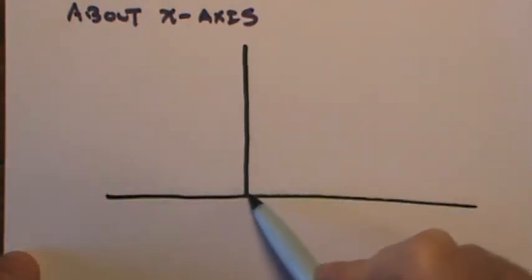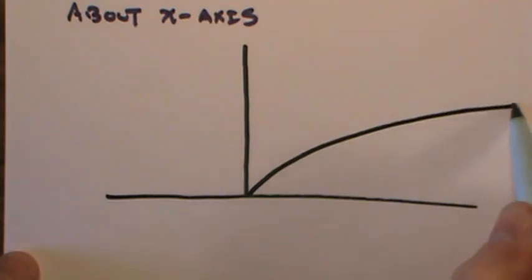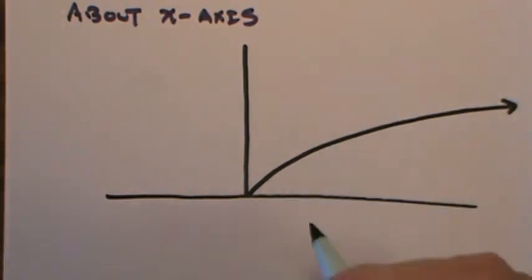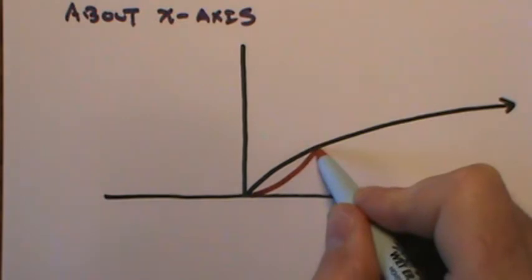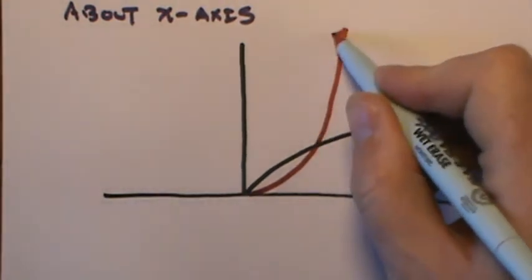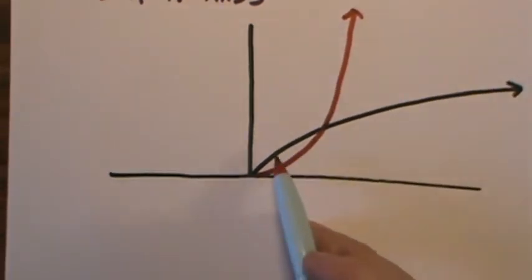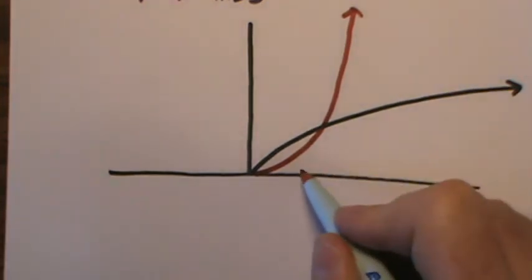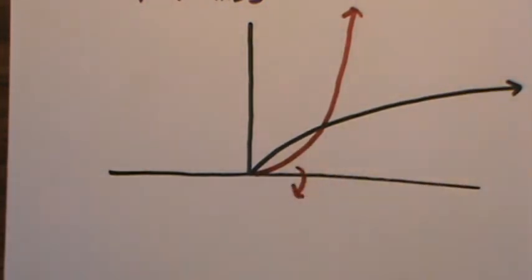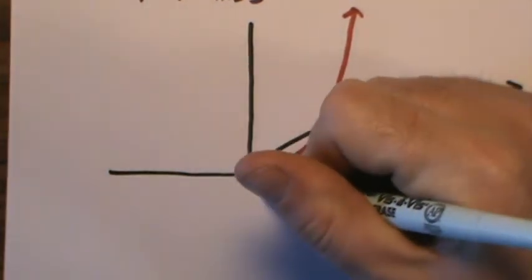I know that the square root of x looks something like this, and I know that y equals x squared is just a parabola that's shooting upward like this, which means it's going to have this little sliver right here that's bounded by those two curves. If I'm revolving it about the x-axis, it'll create a mirror image down here,